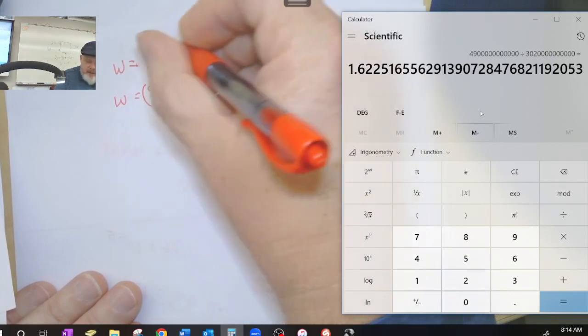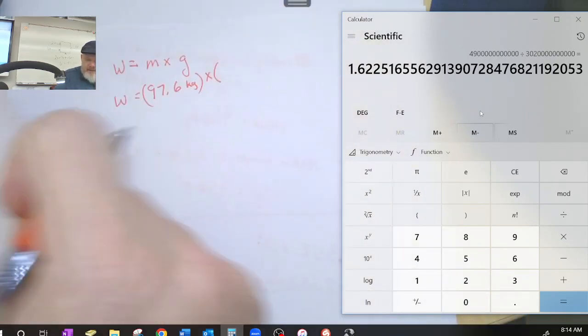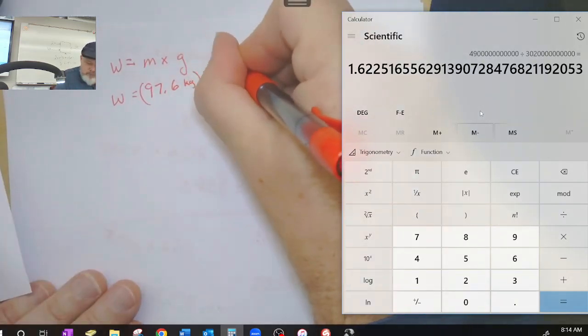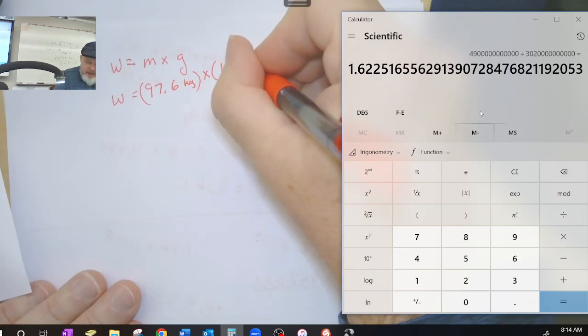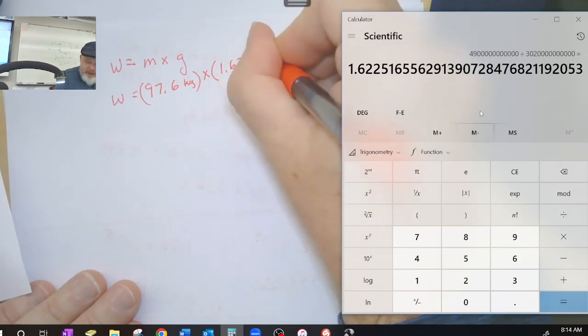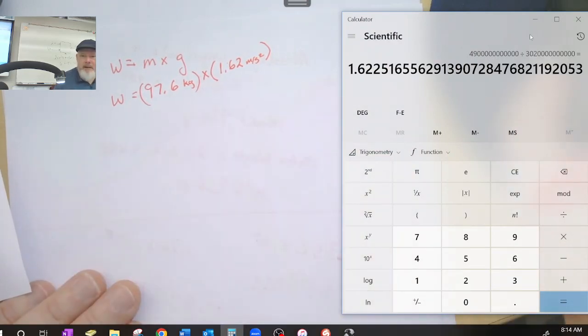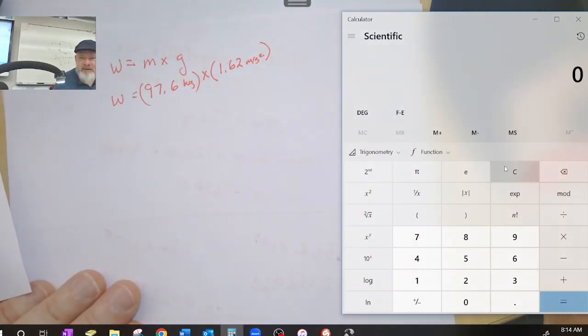Times gravity, which was 1.62, and that was in meters per second squared. Okay, 97.6 times 1.62. I can put that into my calculator, figure it out. 97.6, which was my mass, times 1.62, which is the acceleration of gravity on the moon. And that comes to,